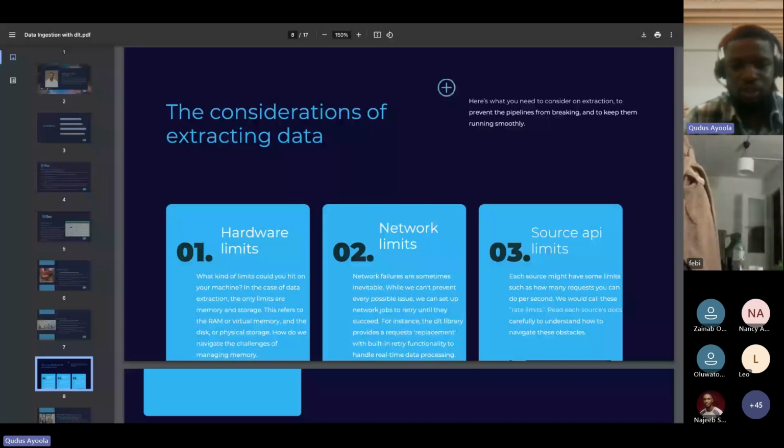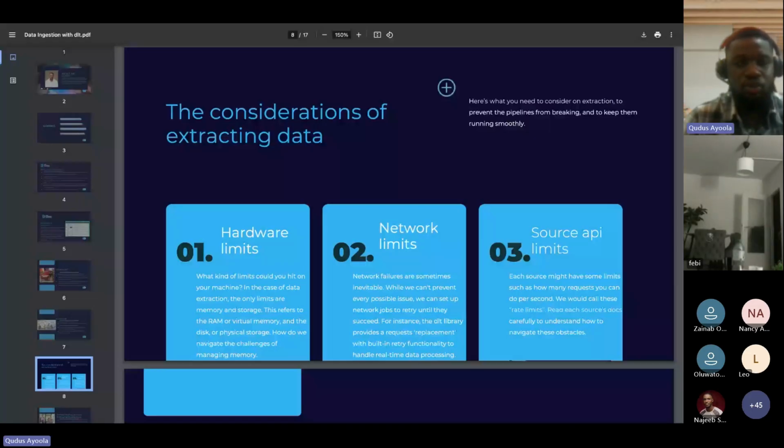Because basically I'm doing this on my local computer hardware using my CPU and my memory to run that script. But there are always situations whereby the data you are pulling is way large that whenever you try to extract such data, you run out of memory. So there are usually hardware limits in your computer.